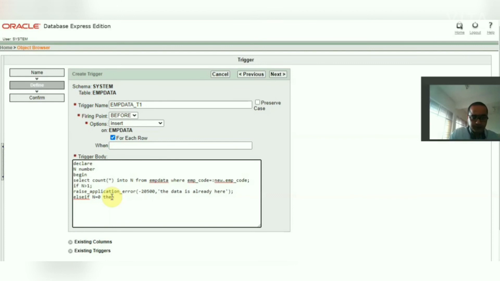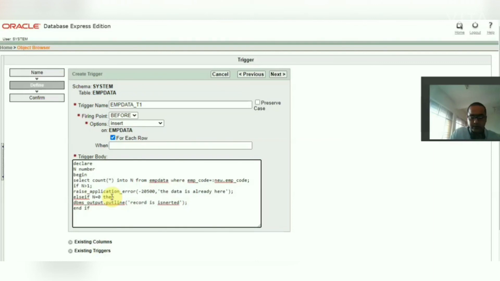Here I put an output statement, DBMS underscore output dot put underscore line, that will print on the SQL command prompt: Record is inserted. I think it is right.